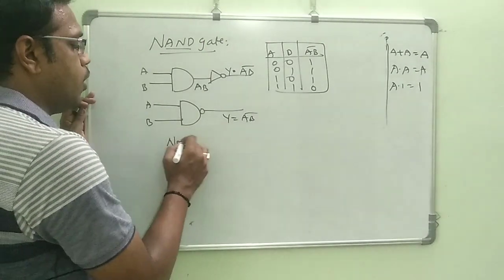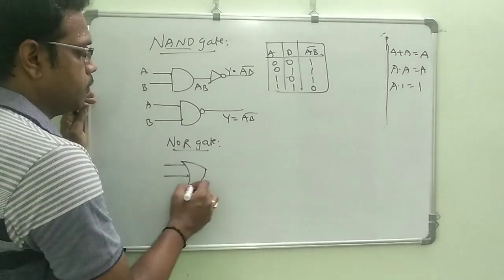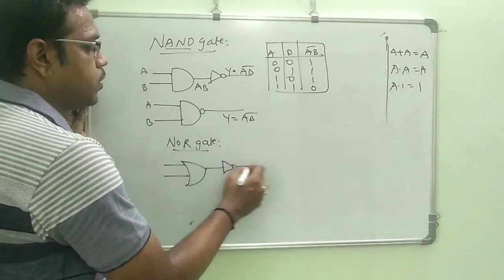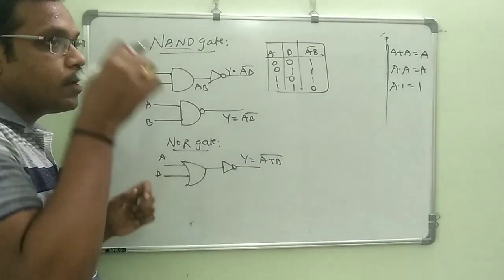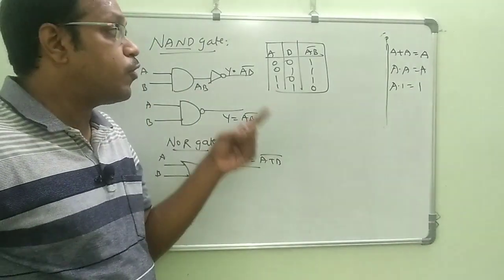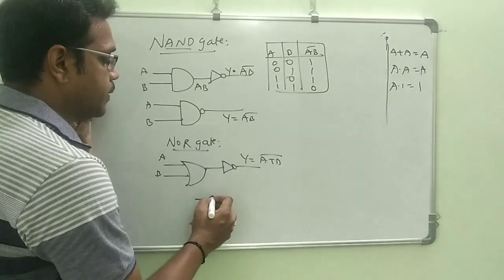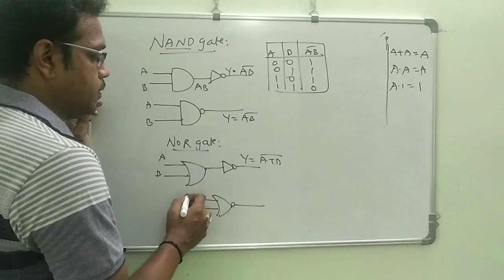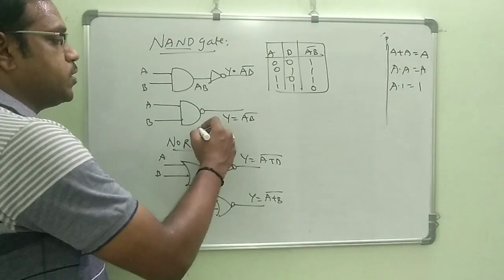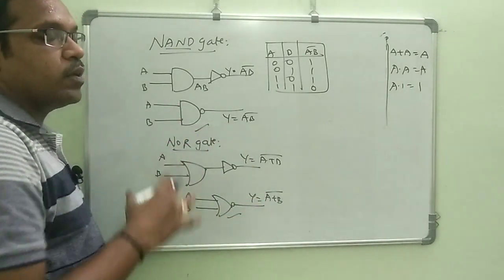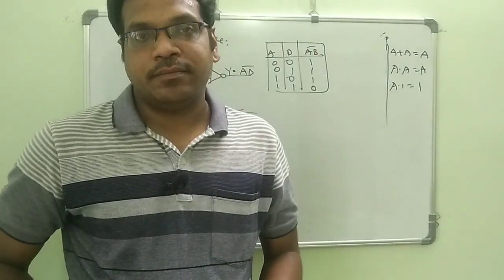Next one is the NOR gate. In this NOR gate, we take OR and NOT. So for AB, you will get (A plus B) bar. That is the opposite values of the OR gate. Then if you combine this one, you will get it like this: A and B, and Y is equal to (A plus B) bar. So this is important and this one is more important. They will give this type of combinations. Okay, we will now see some combinations along with the XOR gate.